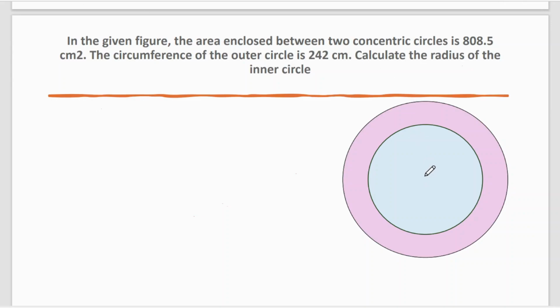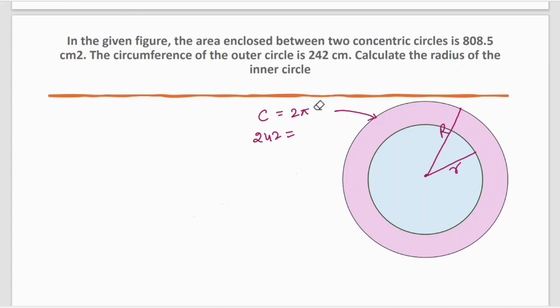Okay. Now let me take this as a center and we can say that the radius of inner circle is small r. And we can take the radius of outer circle as capital R. Now the circumference of the outer circle is given. So we use the formula circumference equal to 2 pi r. What is given? It is given 242 equal to